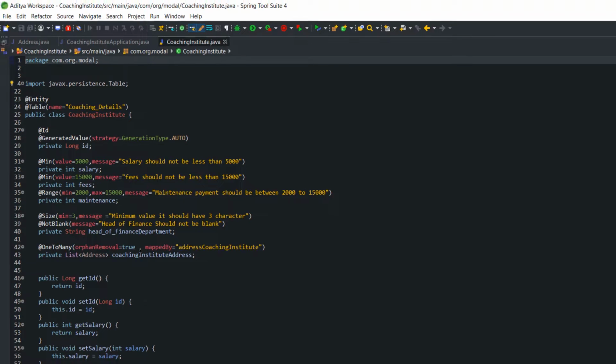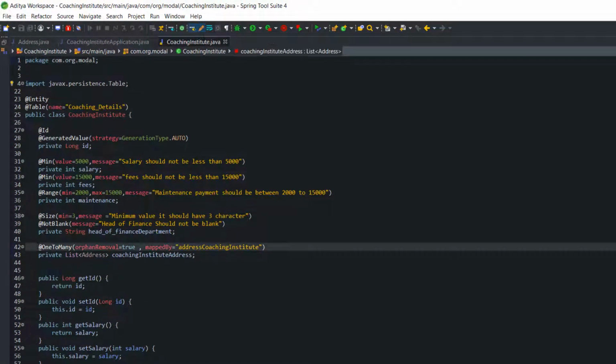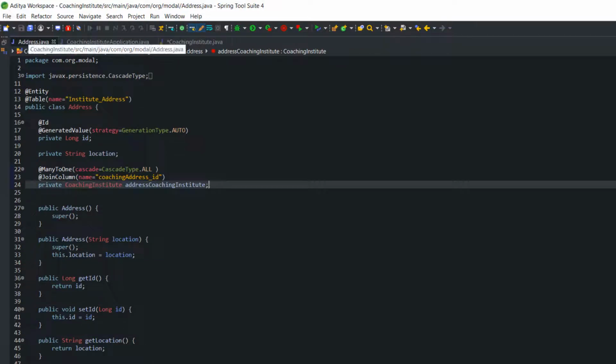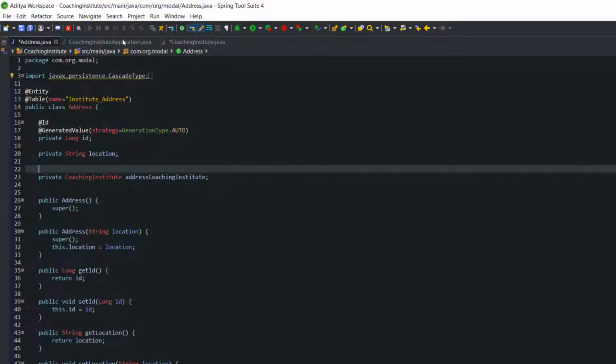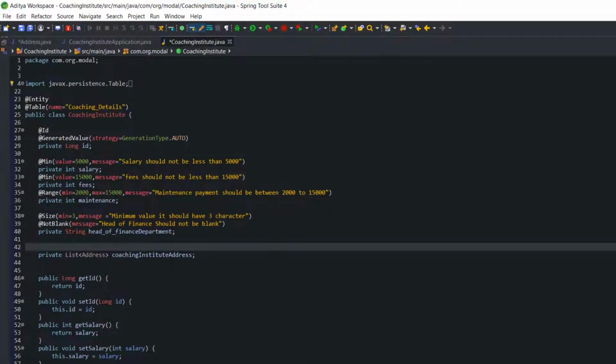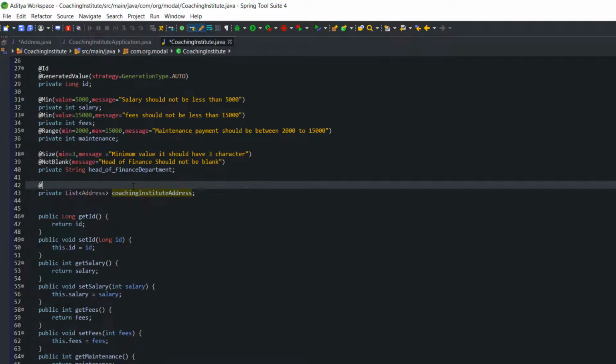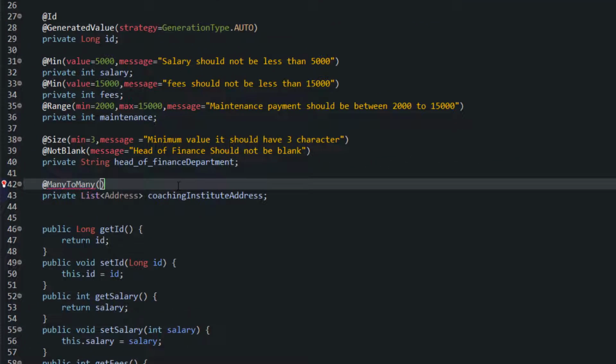Here I am going to open the model of coaching institute, and I am going to remove the one-to-many implementation. I will do the same thing with the address. Now let's go back to coaching institute. Here I am going to add the many-to-many annotation. We are going to see all of it: create, read, update, delete. So I will give cascade equal to